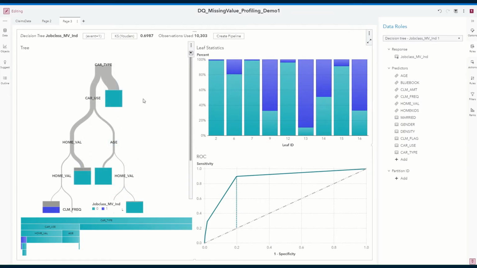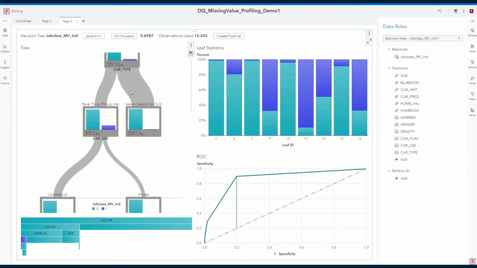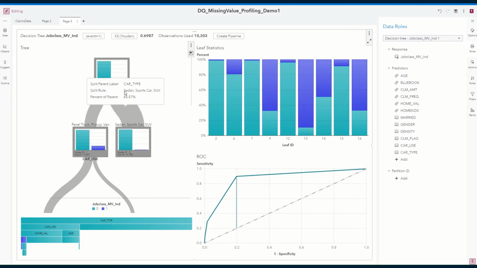If we take a more detailed look at the tree, we see that the first split was done on car type. So we see on average we had 6.5% of missing values occurring for job class. However, when we split it into certain groups, for example, panel trucks, pickups, or vans, then the job class is missing much more frequently, in 70% of the cases instead of 6.4%, whereas with other car types, it's only happening